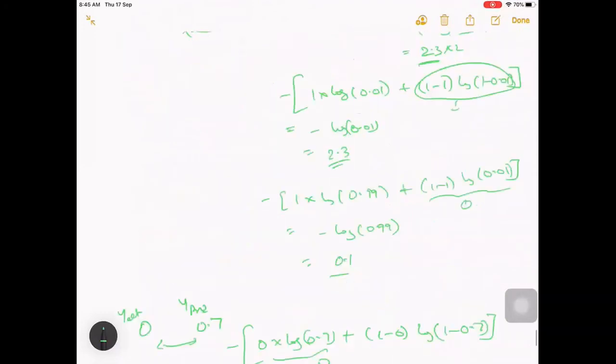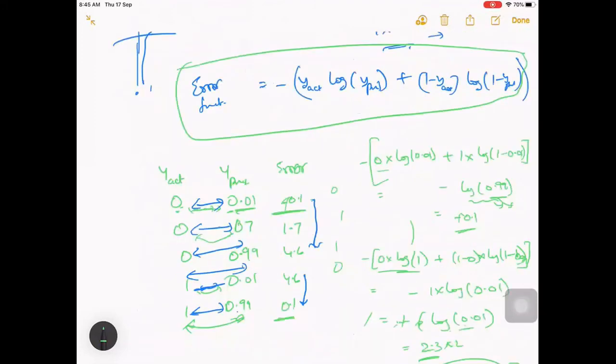Anyway, this is captured within this error. In our error, when it is a 0 and the model says 0.01, which is almost 0, then you have very low error. But when it is 0 and you are saying 0.5 or 0.4, then the loss function value is slightly more, right? So that's the kind of penalizing your model for not being confident.